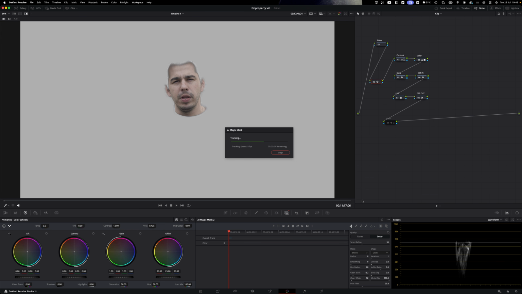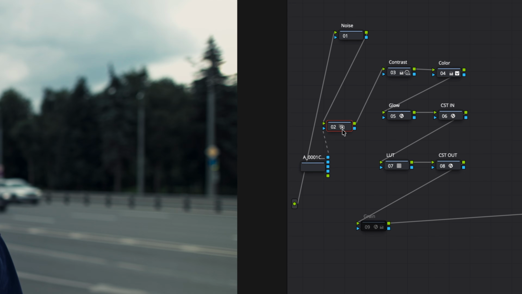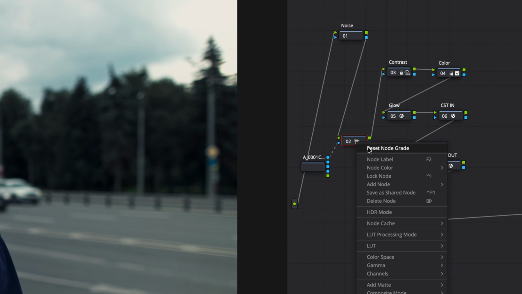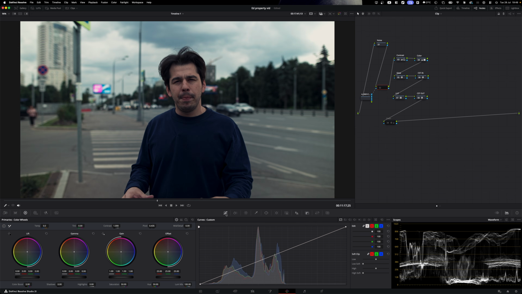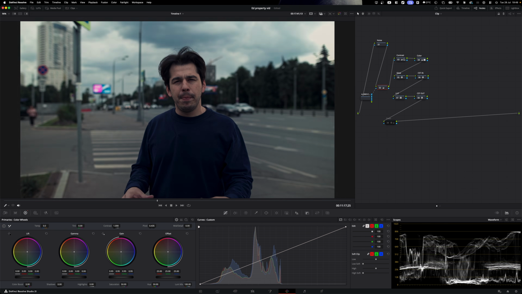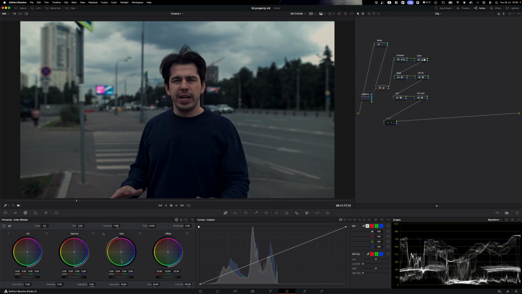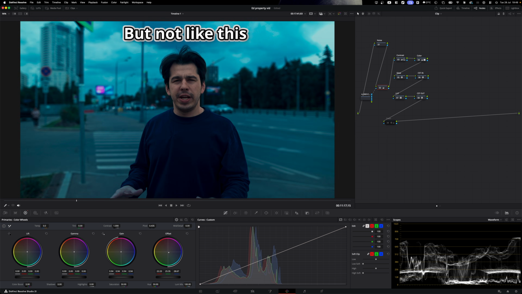In the recent versions, it's already the second, far smarter version, and a render in place Magic Mask option appeared in the three-dot menu. The mask is computed in advance and turns into a separate external matte node you can use as an alpha anywhere. And the system no longer recalculates it on the fly. For a beginner, it is just a lifesaver. You select the person, make the background cooler and darker, him warmer and brighter, and the shot instantly comes alive